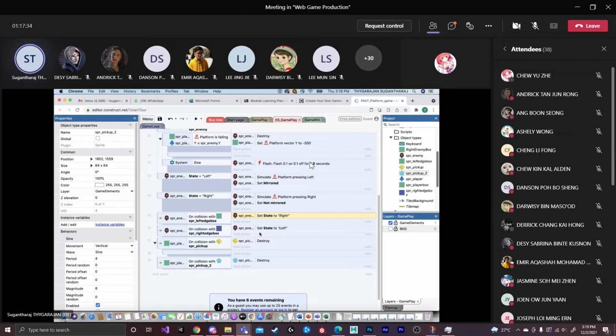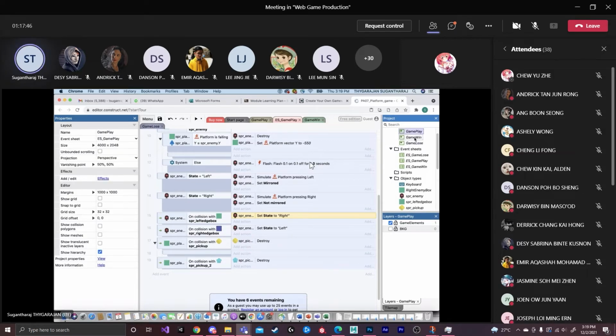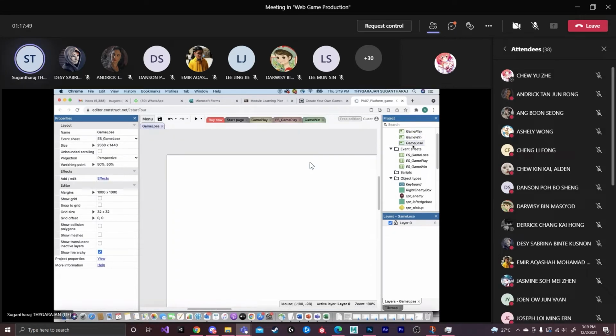Then when it touches this one, the score will raise up to 20. Something like that you can add on. So when the score reaches 100, you must go to the winning scene. I have not designed the winning scene. The game win and game lose scenes you can design. In the previous lab, we have done that. So you can follow that one and create the game win and game lose scene.